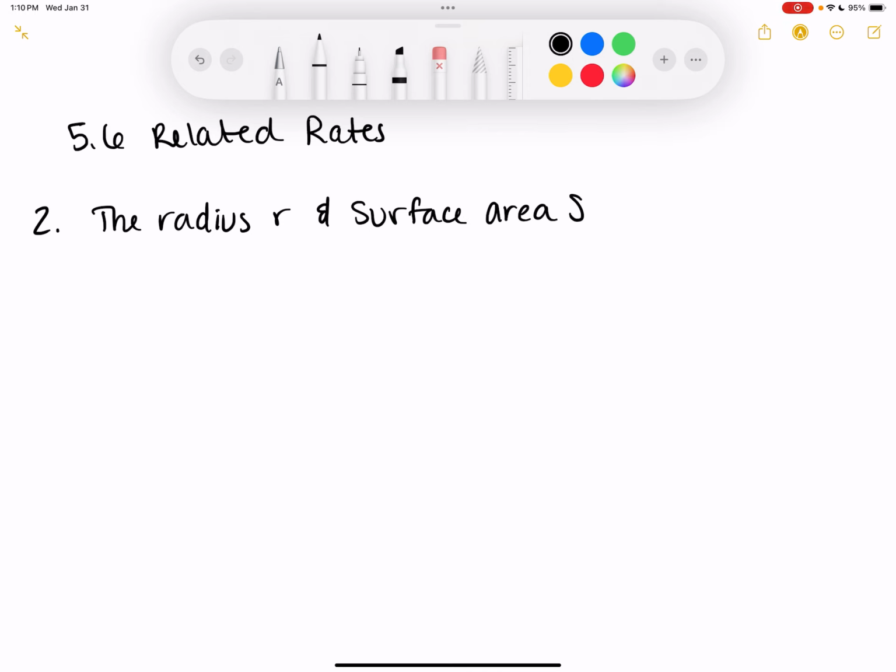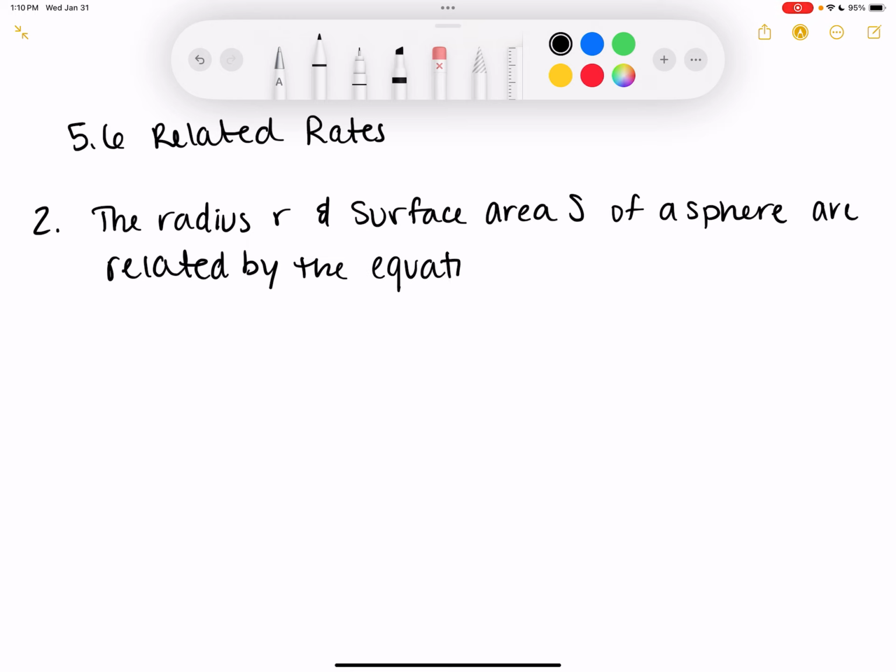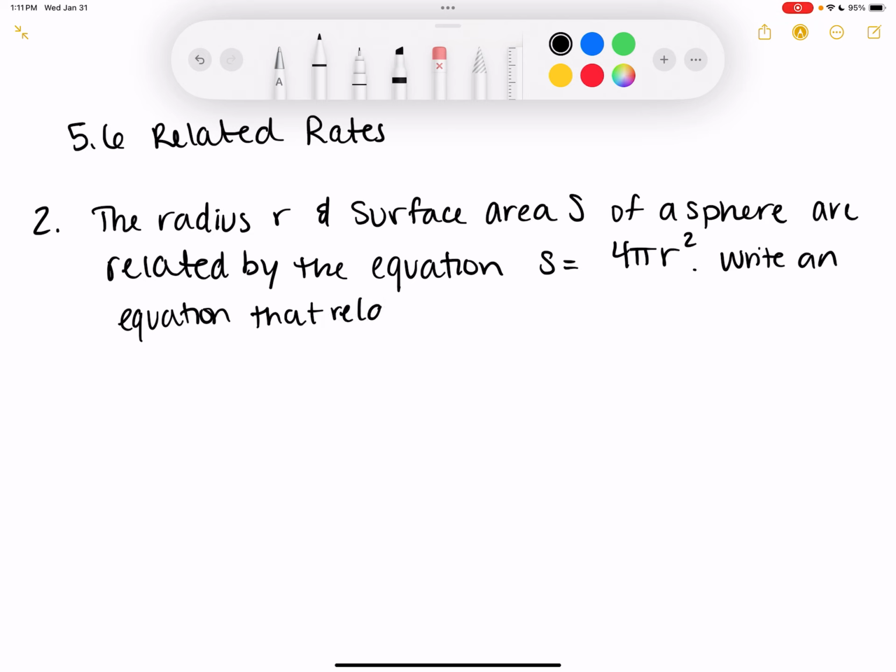Oh, do we write this in our notes? I mean, you can. I'm just copying the problem so it's on the board so that people can actually see what's happening. The variables are related by the equation s equals 4 pi r squared. Write an equation that relates ds dt